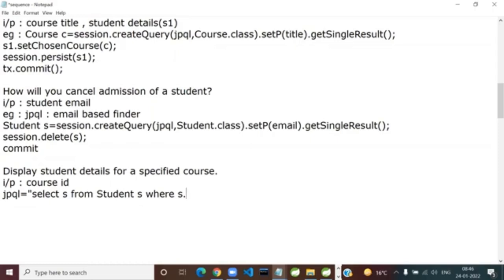Now from student, can you go to course? Yes or no? Or are all the relationships off? Of course you can go. So are you going to think in a foreign key column name or in a property name? Of course, property. What is the name of the property? Something like chosenCourse. And now you have reached, see the beautiful object to object navigation, the course.